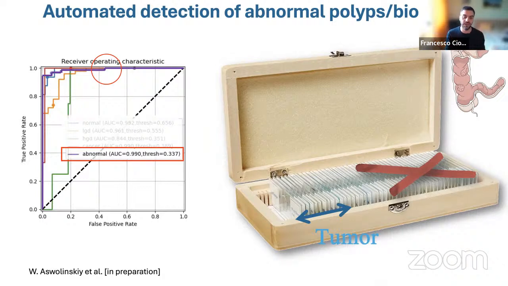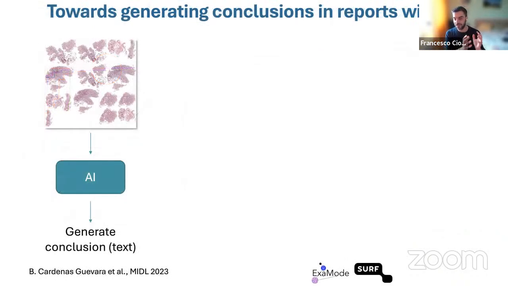Especially if you look at all these GPT-like models, large language models, a lot of text generated. Can you generate the report for me? So we can't yet, but we gave it a try with a kind of pilot study. We said, okay, let's put all these polyps together, because you get multiple polyps from a patient. So we came up with what we call a packing of a slide. We put all these fragments of tissue together, and the diagnosis of the patient is somewhere in one of these fragments. We developed an AI based on the CLIP model, based on contrastive learning, which is multimodal vision and language. I'm not sure if you have covered that. We can discuss it later if you like.